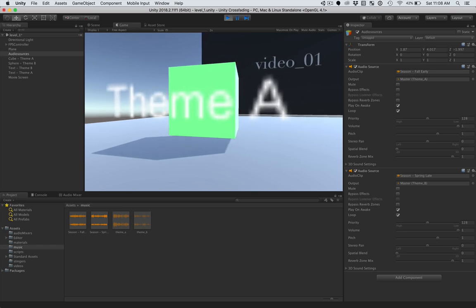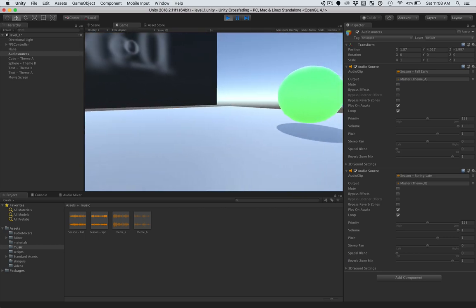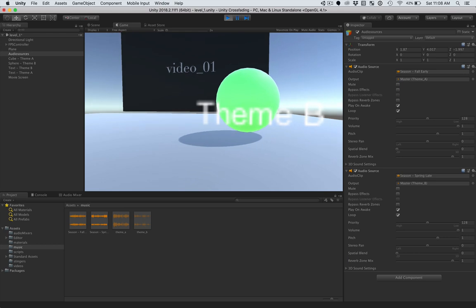Yep, and this is my fall early music. These are all pieces from Walden. And then theme B,